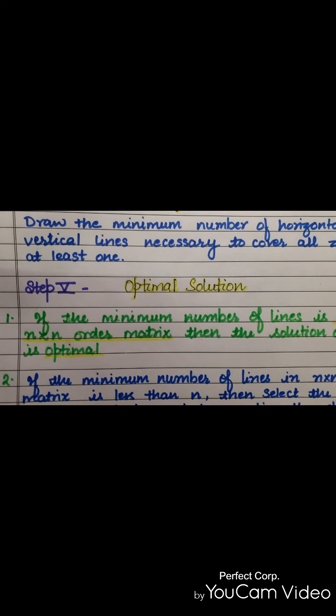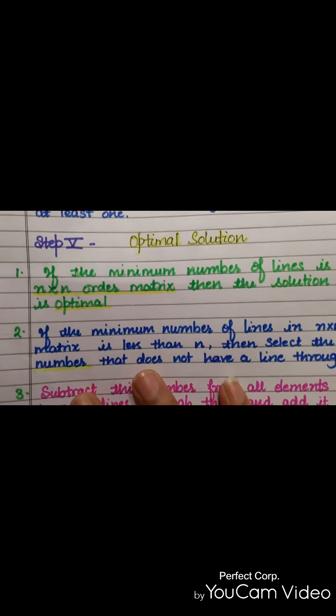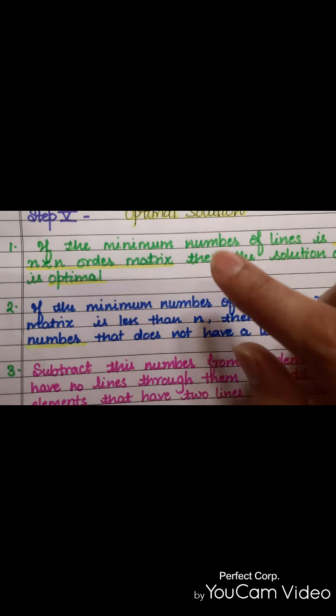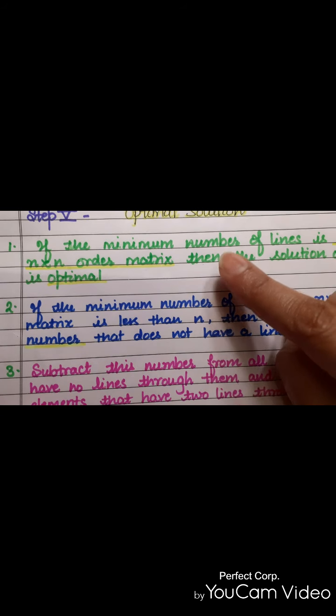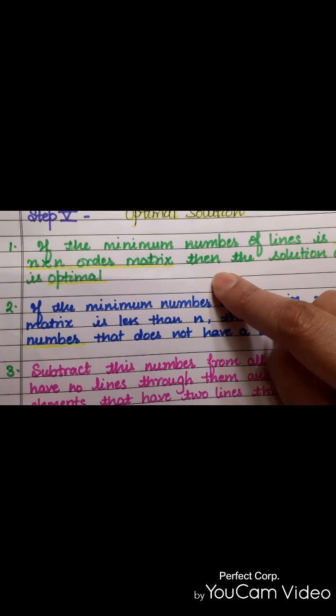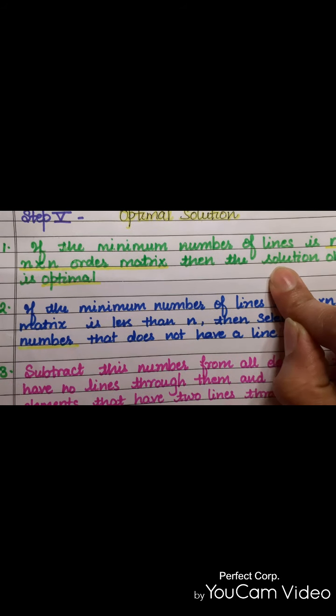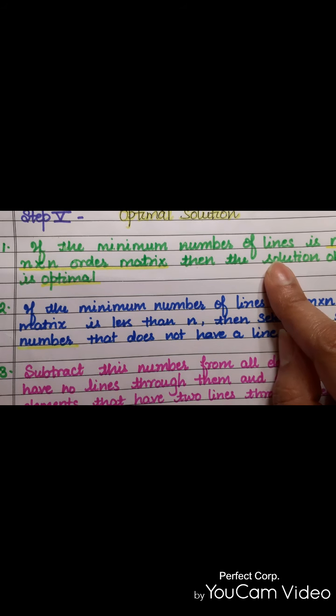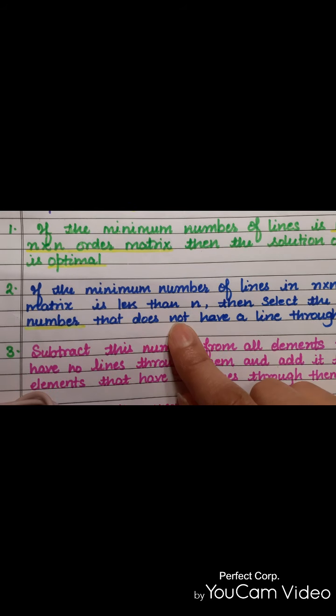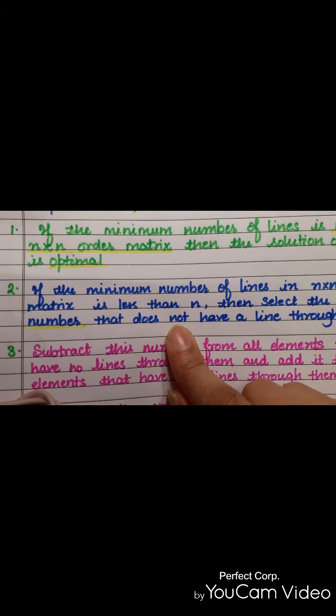जो आपकी असाइनमेंट प्रॉब्लम है उसका जो ऑर्डर है, we will consider it just like a matrix, and उस मैट्रिक्स का जो ऑर्डर है m×n, अगर वो मिनिमम नंबर ऑफ लाइन्स के इक्वल है, then we can understand that the solution obtained is optimal. But here conditions come in the optimal solution that if this does not happen, that means if the minimum number of lines is not equal to the order of the matrix, तो इसका मतलब जो सॉल्यूशन आपको मिल रहा है वो ऑप्टिमल नहीं है. तो उस सॉल्यूशन को ऑप्टिमल बनाने के लिए, ऑप्टिमल सॉल्यूशन ऑब्टेन करने के लिए आपको क्या करना पड़ेगा?